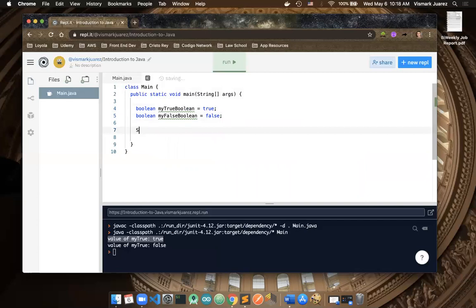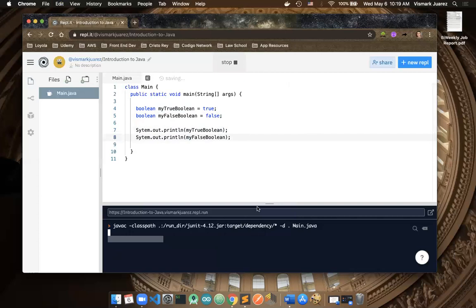Now, I'm just going to show you that if you want to print out the value of these variables, you can do so the same way we've always done it in the past videos. Just sticking them into the System.out.println function and then running that, and you'll see that the values of the variables are true and false